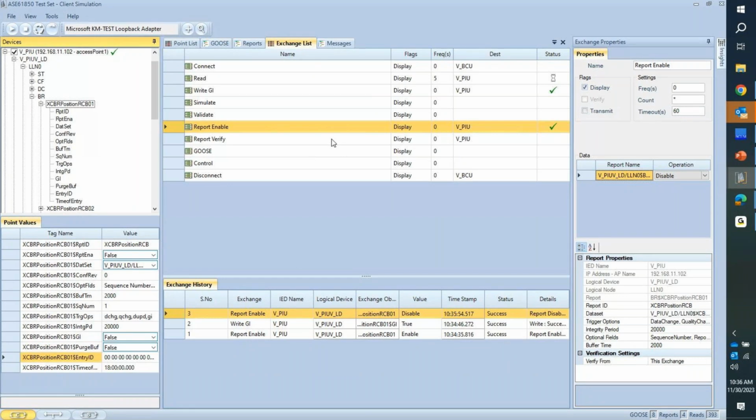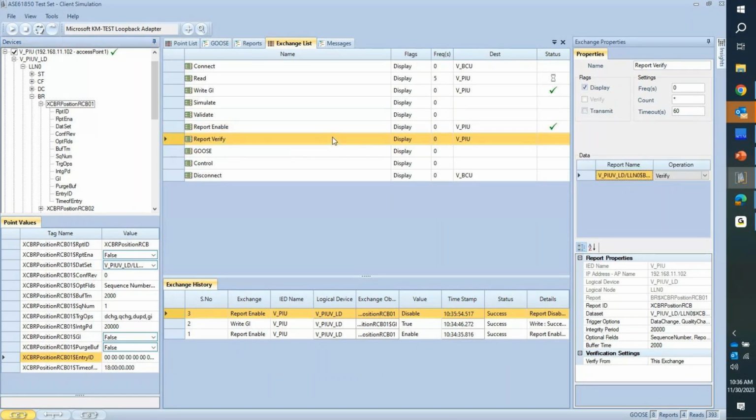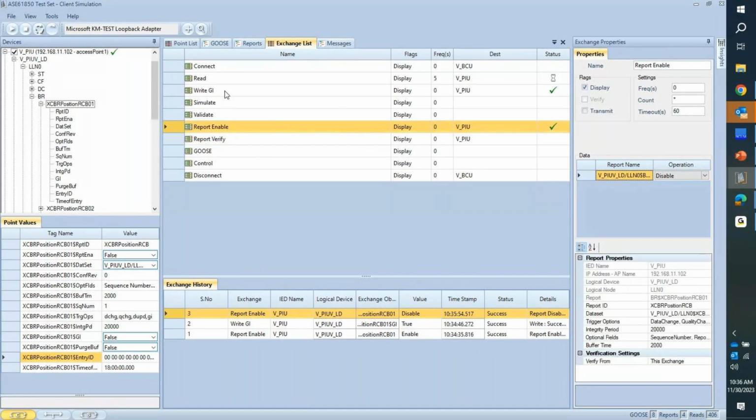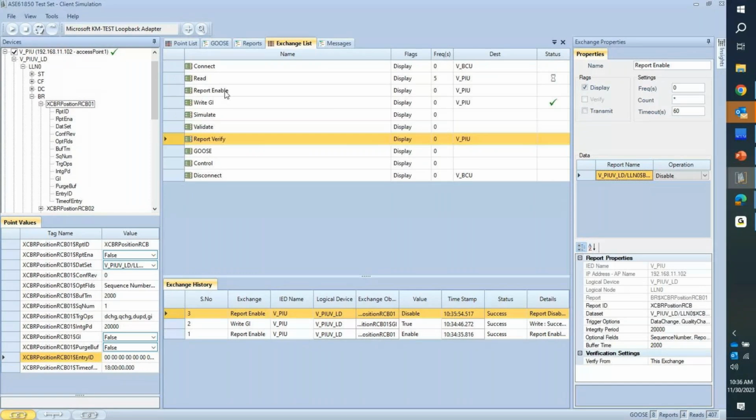So now I can send a sequential communication of exchanges. To use sequential exchanges, you have to utilize a transmit flag, and then anything that is enabled for transmit, once you hit the play button, it'll go through that sequence. So for sequential, let's just move this up. We're going to go up there, and then we're going to go to verify,